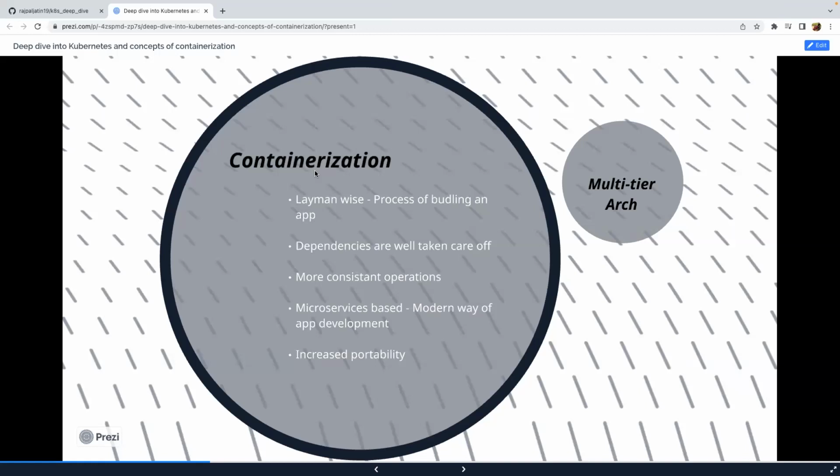Moving ahead, it's basically a microservices-based architecture. It's a modern way of how we do application development. We have come a long way from monolithic. Monolithic is basically like how we discussed: you have your big applications, you're deploying them, you're running them, and any small change will have a bigger impact. Deploying is a problem. All sorts of problems there.